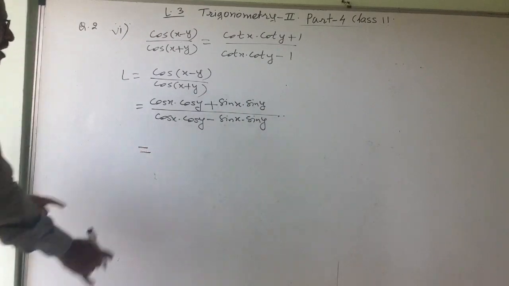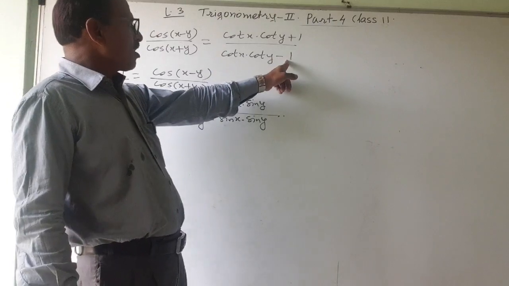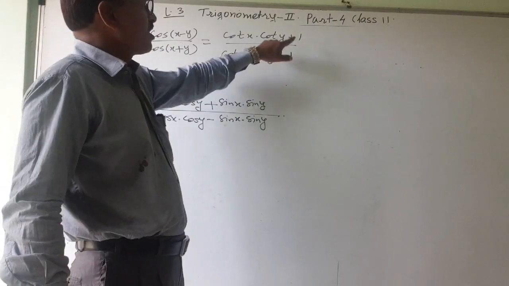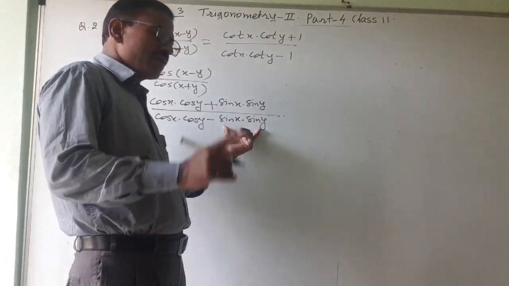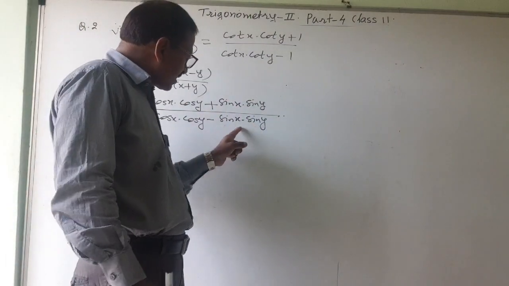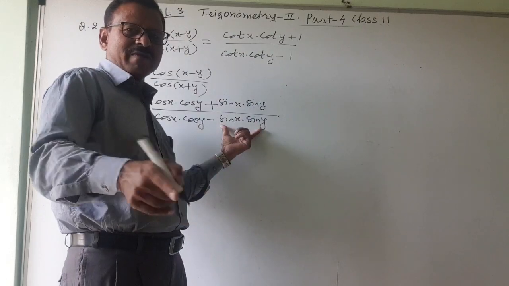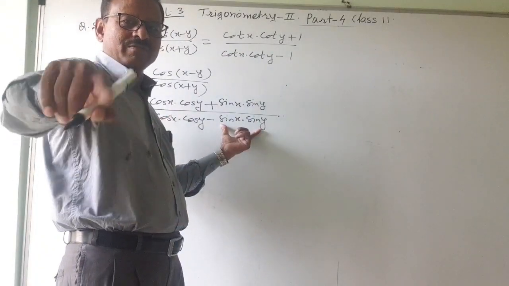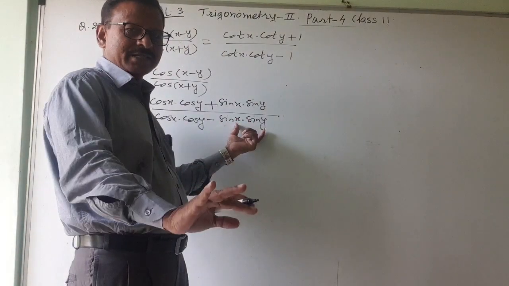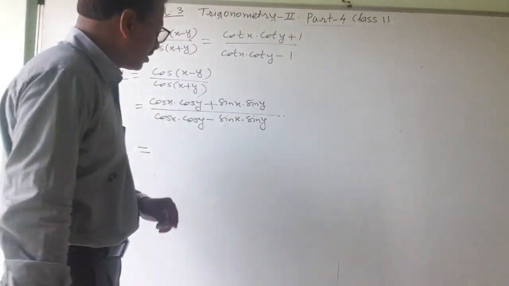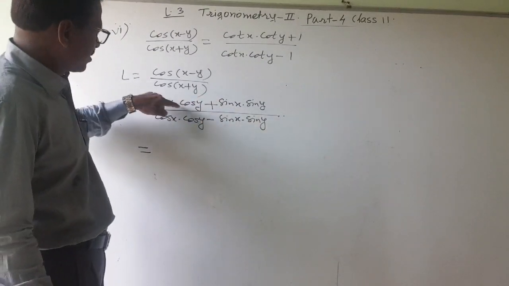Now just observe what they want and accordingly act. Here they want 1, so at this place they want 1. So I will divide this by the same. If here it is 3, I will have to divide by 3, and 3 divided by 3 will be 1. So similarly sin x sin y divided by itself will become 1. If I divide here, I have to divide here also, and here also.